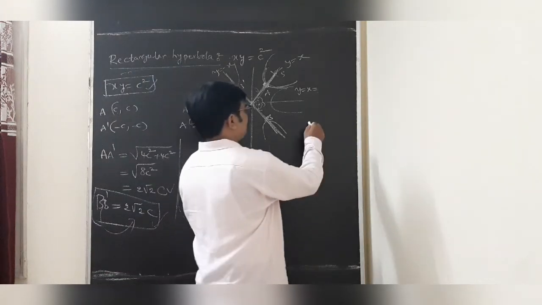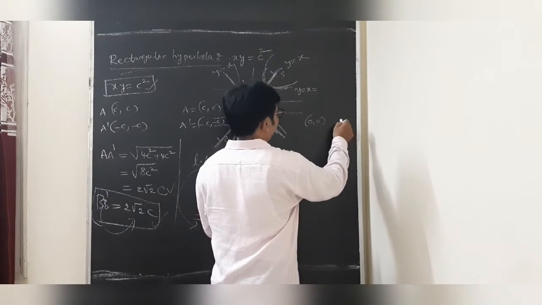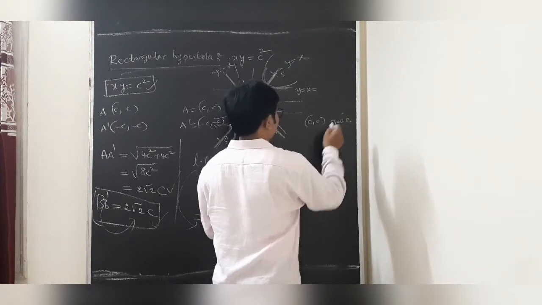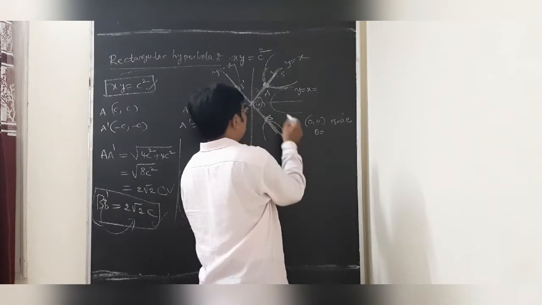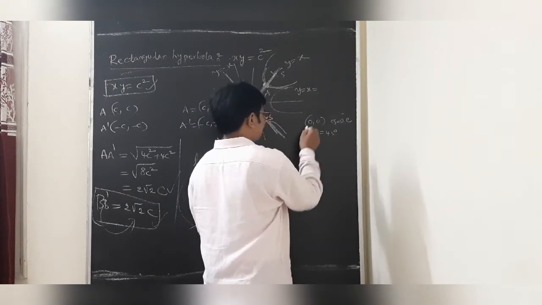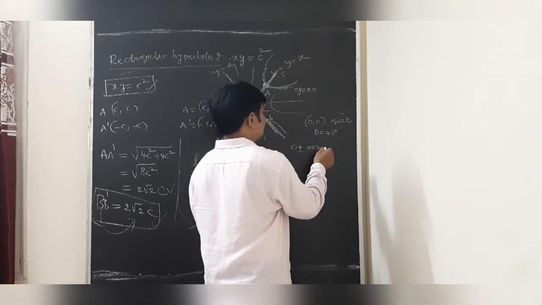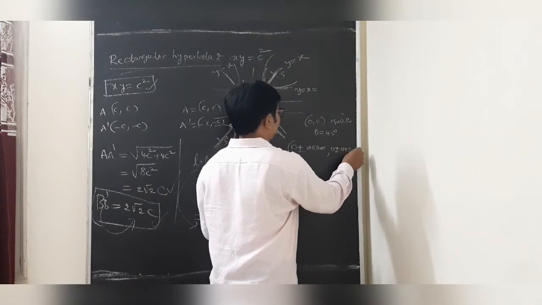S can be written as x1 plus mod r cos theta, y1 plus mod r sin theta. The center will be the origin. R is taken as ae, the length of CS, which everybody knows is ae. Theta is 45 degrees, measured in the anti-clockwise sense. So x1 plus mod r cos theta gives ae cos theta, and similarly y1 plus mod r sin theta.